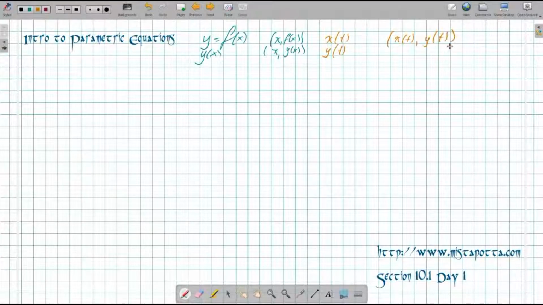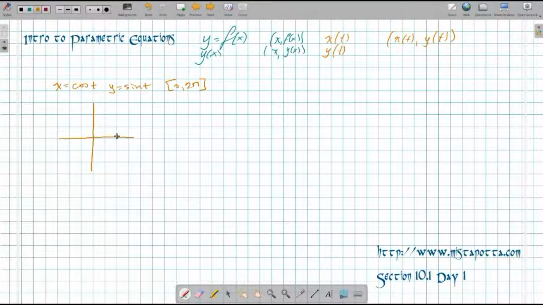And so the way that I determine my points is by plotting each of these functions for different values of t. And so this brings up some interesting stuff. One of the ones that we see a lot in pre-cal is where we let x be cosine of t and y be sine of t on some domain, say from 0 to 2 pi. And so when I graph this on my coordinate system,